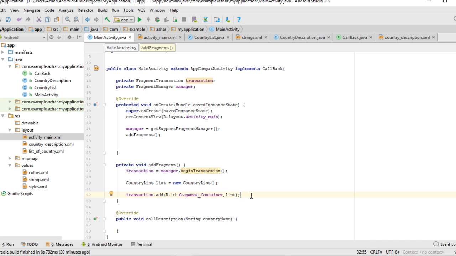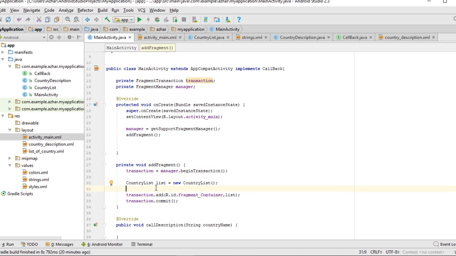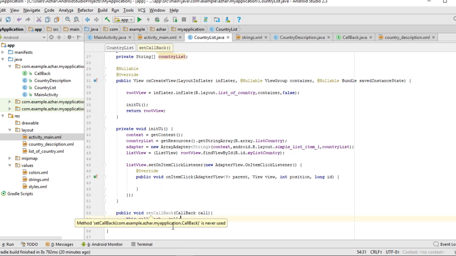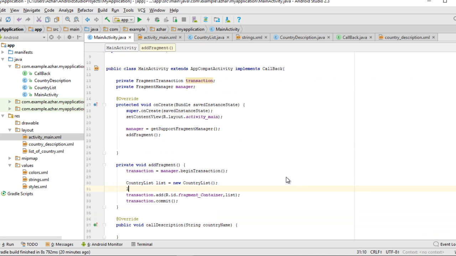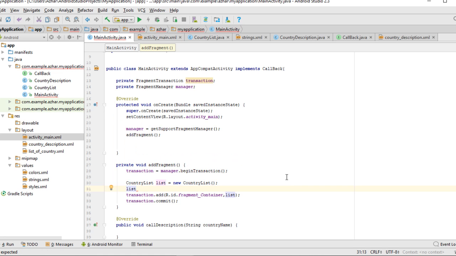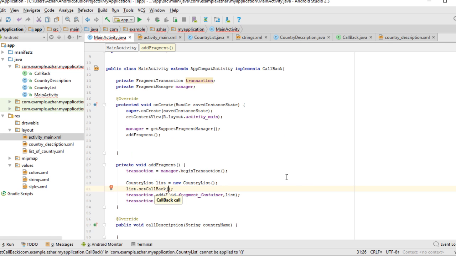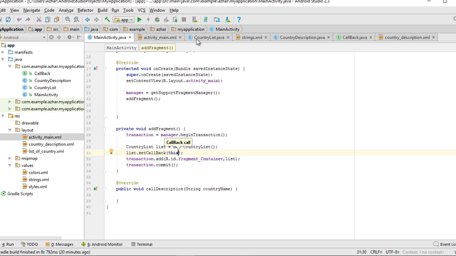So we need to commit this: transaction dot commit. Now we need to call the set callback method, because when our list has the callback object, we can interact with our main activity. Main activity dot set callback requires an object of callback. We need to pass this, because this class implements the callback. So now we have an object whenever the country list